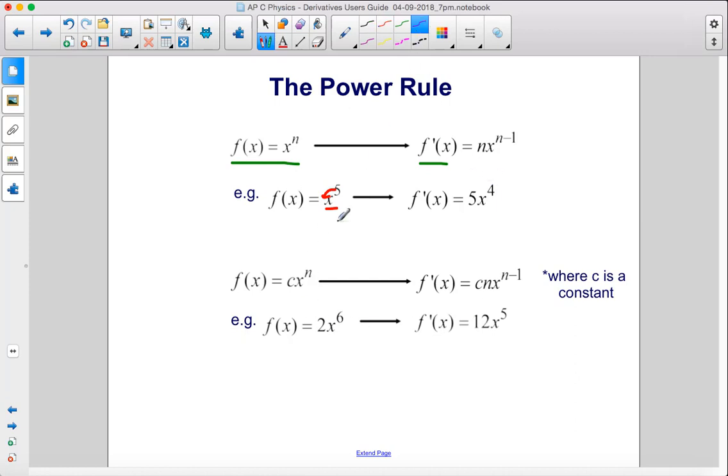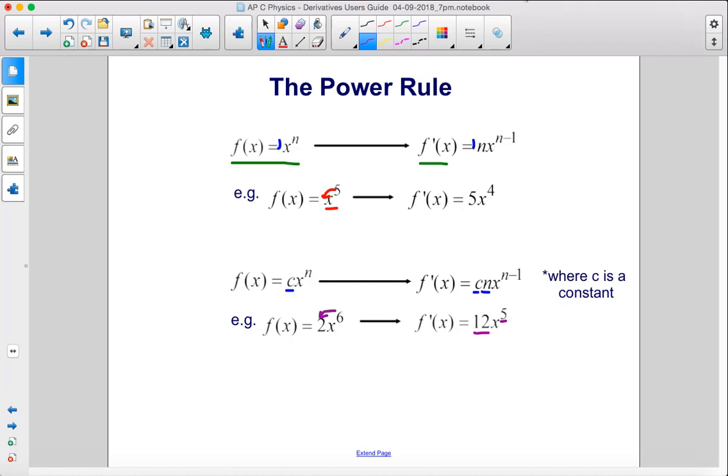Here's another example. Your original function has a constant in front of it here. Up here we just had a 1 in front of the x, but here we have c. So if you're going to take the derivative of this function, you take this n and multiply it by whatever is already in front, so c times n, and you are still left with n minus 1 as the exponent. For example, 2x to the 6th power: to take the derivative, you take the 6, multiply it by 2, which gives you 12, and then you subtract 1 from 6, and you have the 5th